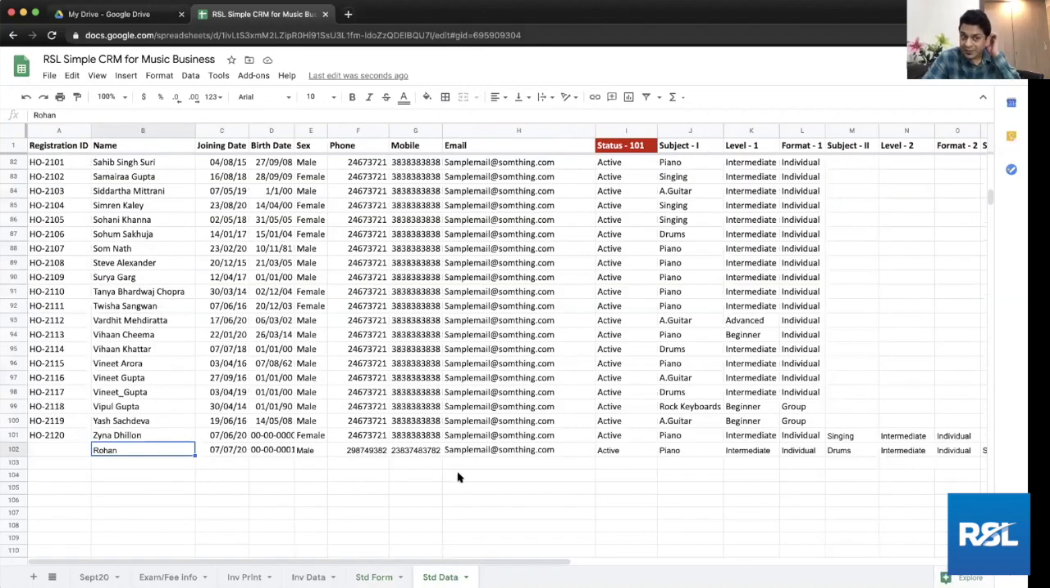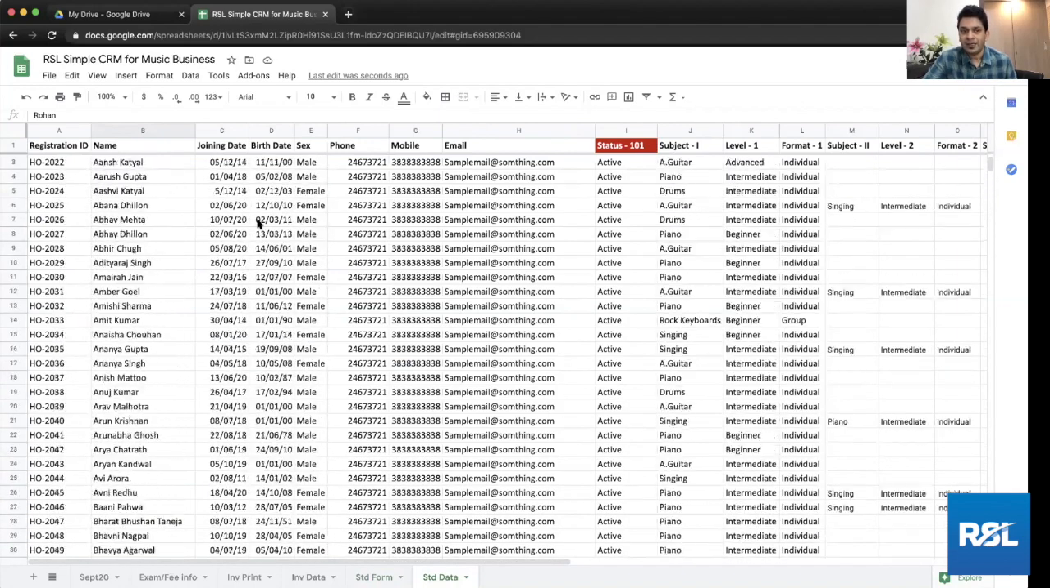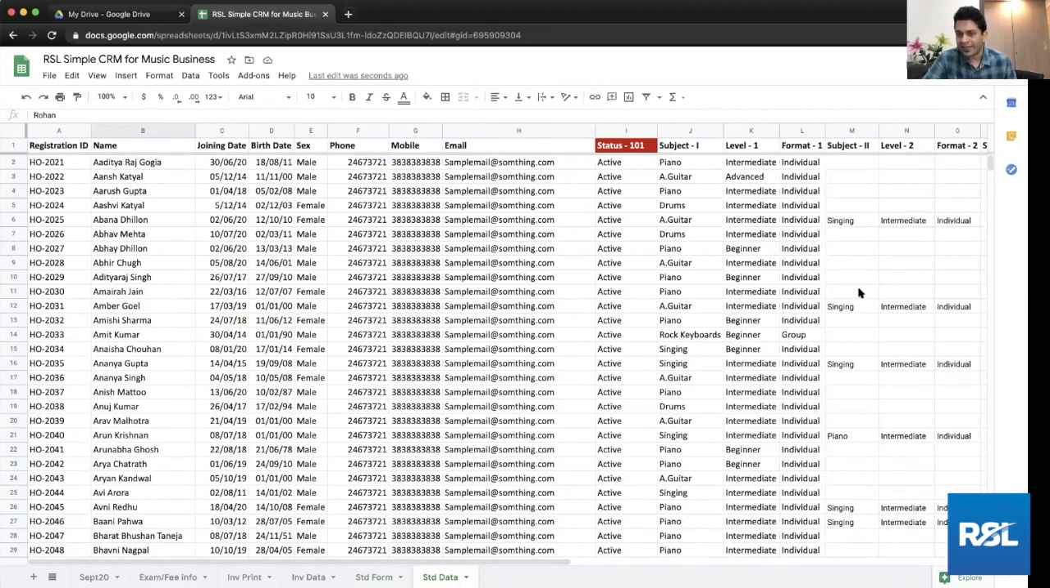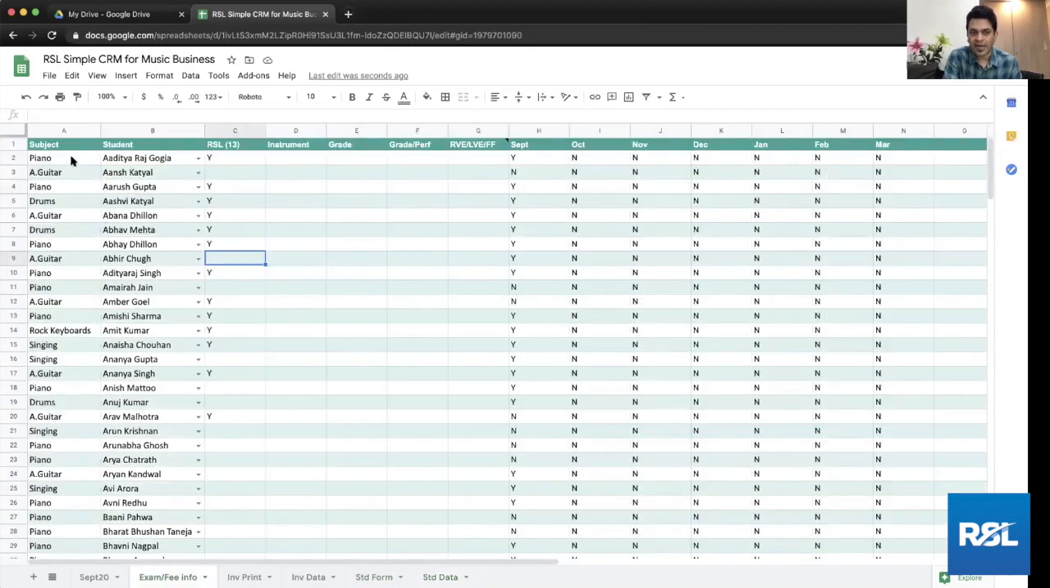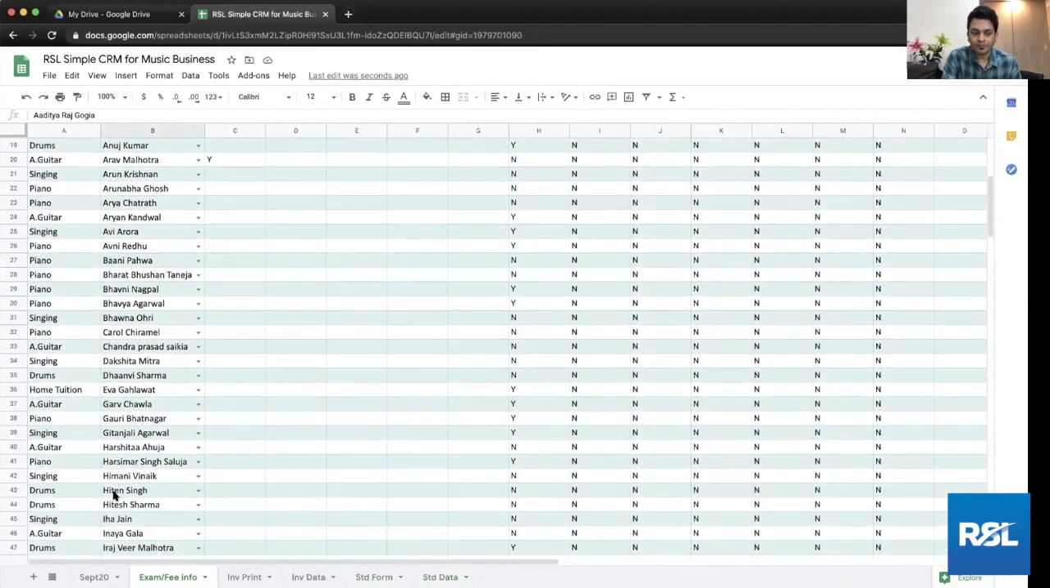Now, first thing first is going to be setting this file up for yourself. So you will start by entering the data of your students here. When I share this file with you, you will not have any of this information. I'll just have one dummy row of data for you, which you can change as per your own data, and you can adapt that. Student data is the first thing you add. Then you go to the exam fee info. This is where you will add the student name. As soon as you add the student name,